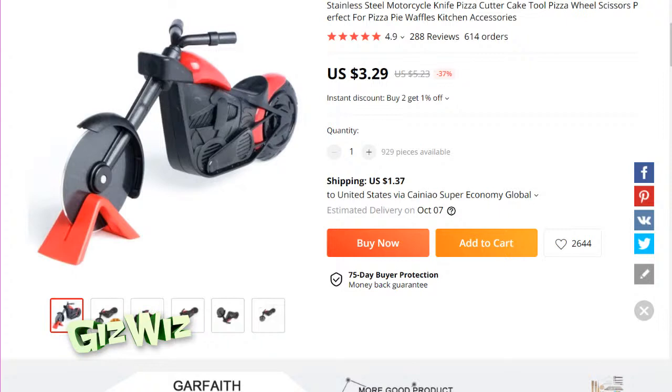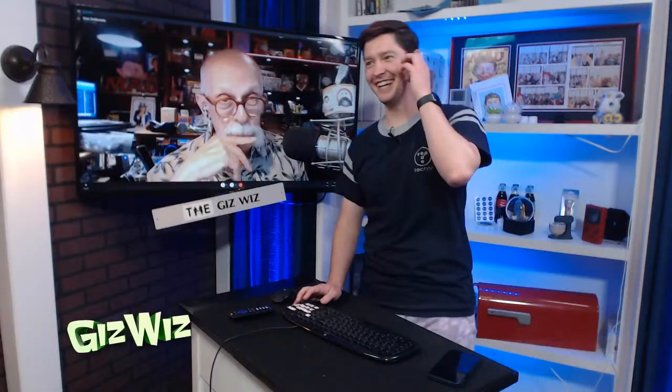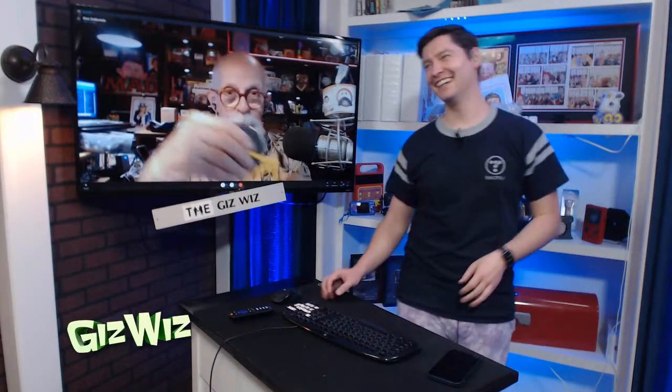Also, they're not the easiest things in the world to clean. No. Because you have two dirty wheels, and one of the wheels has all those spokes. Yeah. So, I mean, kids will probably love it. And as they say in the Amazon thing, it's even just fun if someone loves bikes to just have this on a shelf. Yeah. But from the two I bought, if you're going to use it to actually cut pizza,